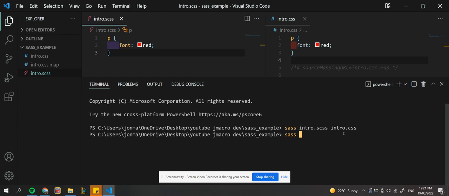So sass --watch, and then enter the two files again. So the input and the output, and run that. So now it says Sass is watching for changes. Press Ctrl+C to stop. So now whenever we make a change,